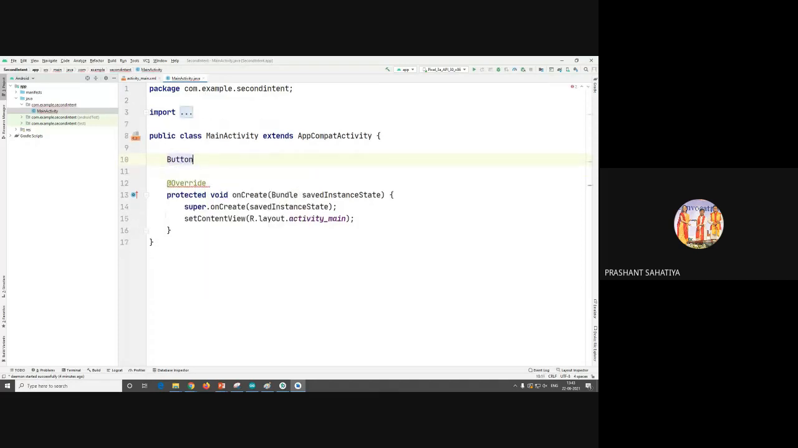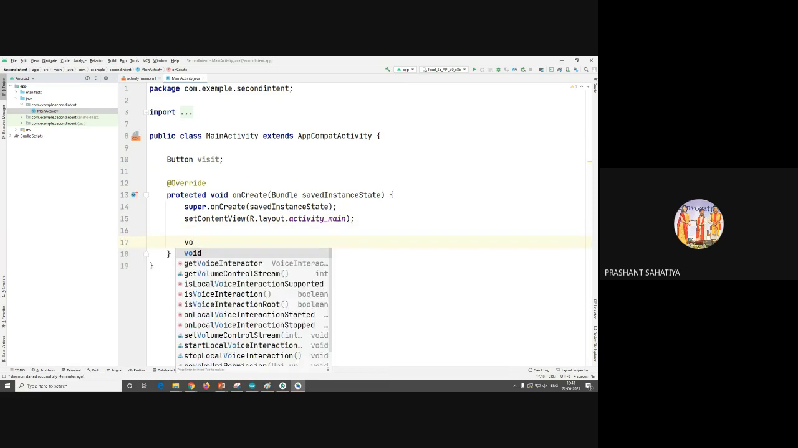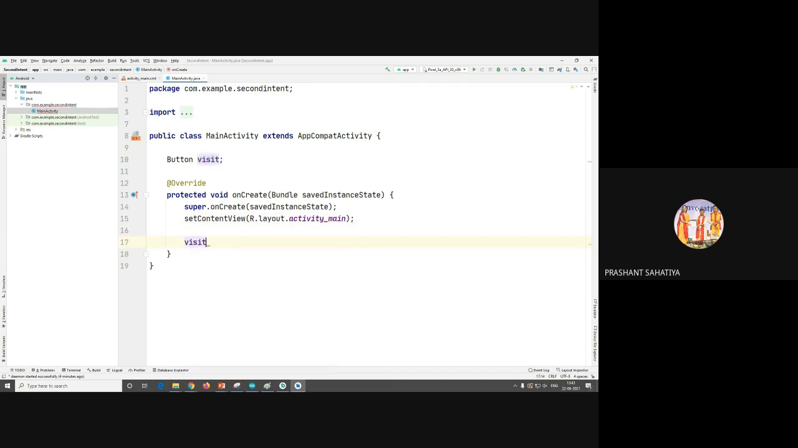Because what work do I have to do? On the button. So I will only find one button. Okay, I will only find that particular view. I don't want to work on that edit text right now. So that is the case. Chalo. Visit, find view by id,